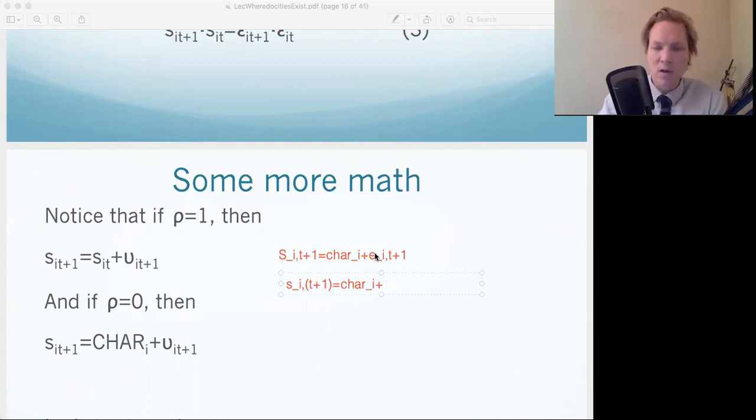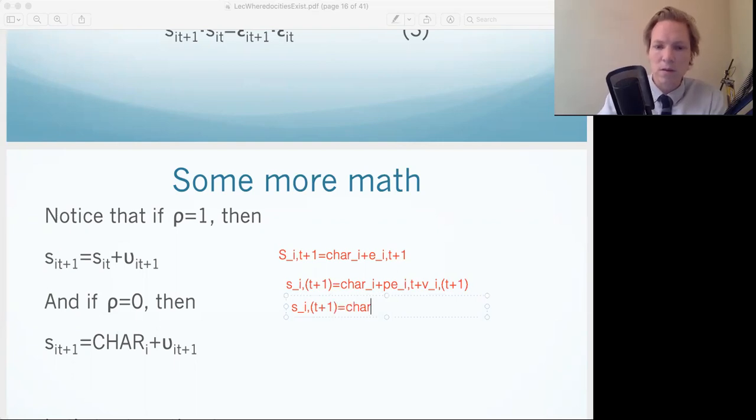This, as we know, is rho times this guy, this random variable, plus V_{i,t+1}. Okay. All right. Now, this is 1. Now we're saying this is 1. So we can rewrite this as this thing,